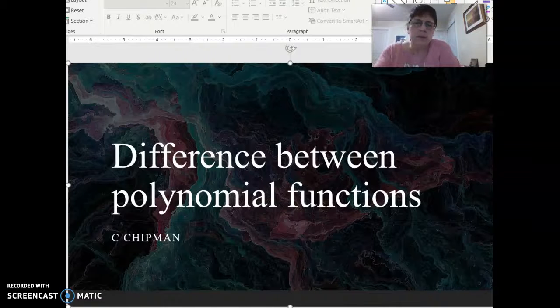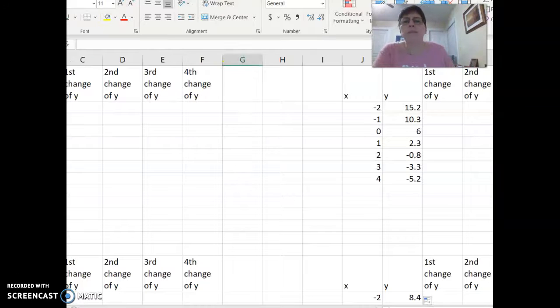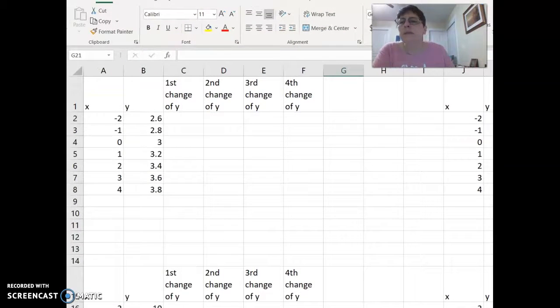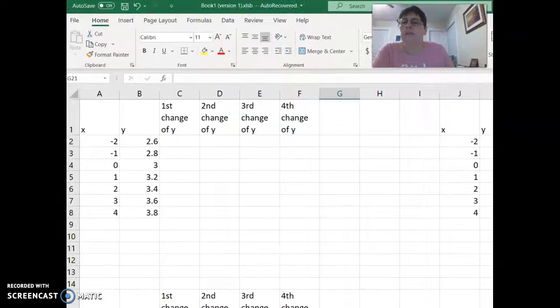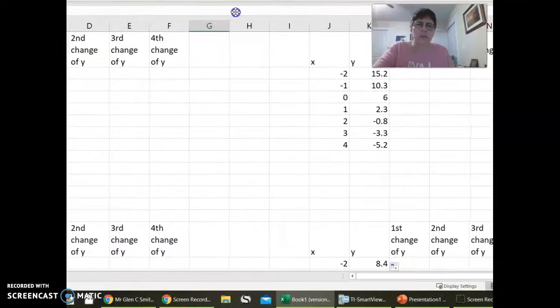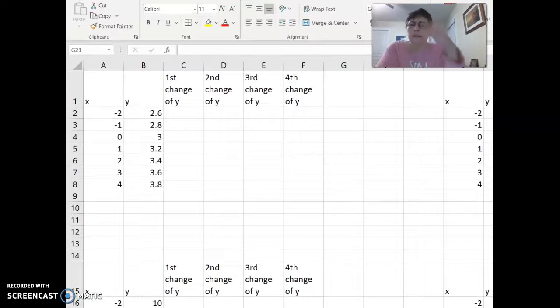Hello, pre-calculus students. For section 6.1, I needed to discuss the difference between polynomial functions before I can get into the exponential functions. So let me come over here to Excel. And I have 1, 2, 3, 4 functions here. And it's pretty straightforward with the x. So the first change of y